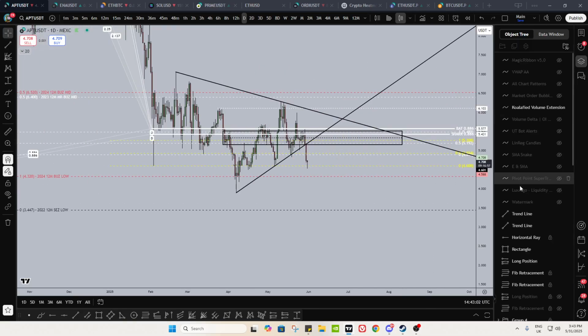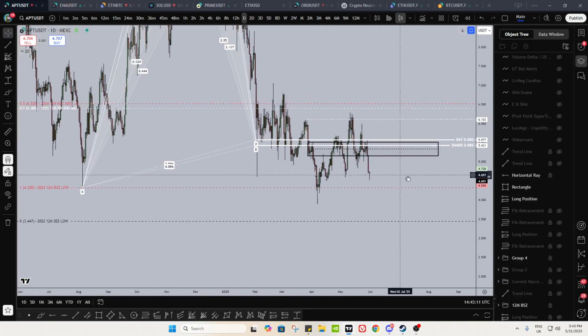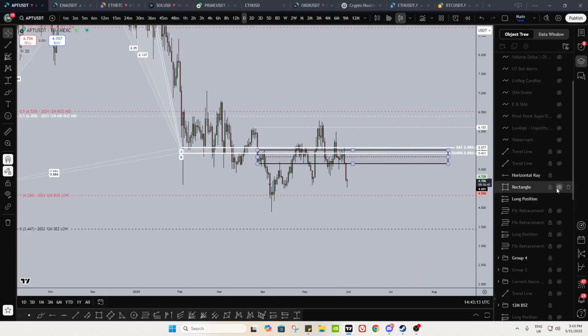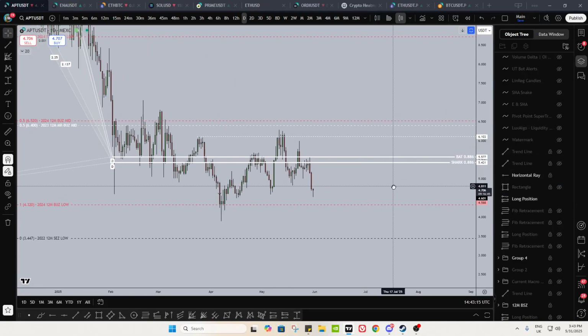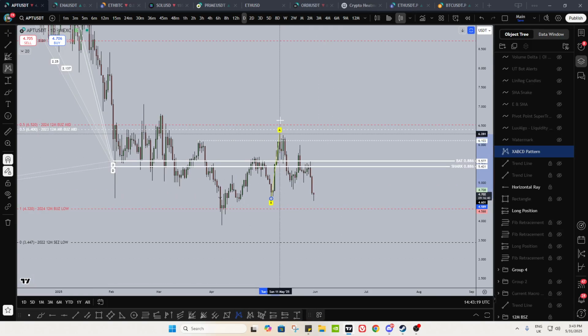Do we have wave structure on Aptos is the next question. So let me hide those trend lines. There's a bit too many here. There are two Fib retracements for now. Let's get rid of those. And this rectangle, let's hide that too. Let's take a look. Do we have any wave structures on Aptos? So, I mean, that looks like a deep crab. I don't think we get it, but no.